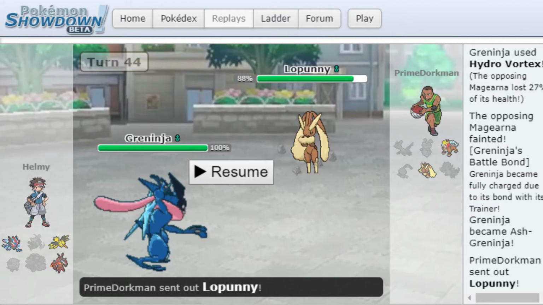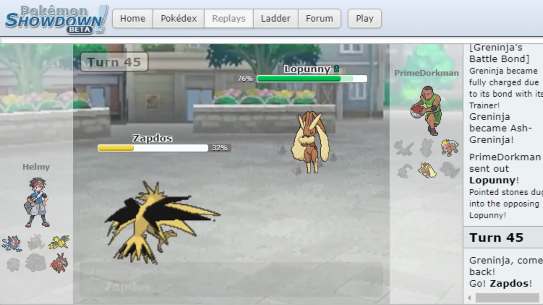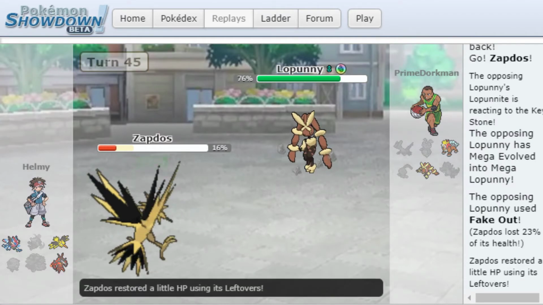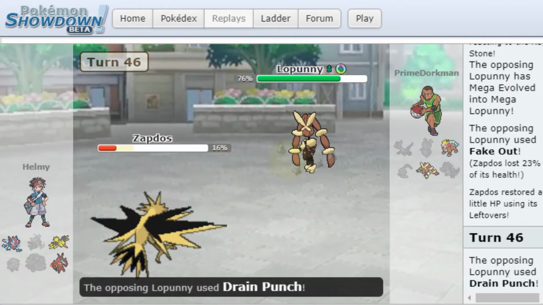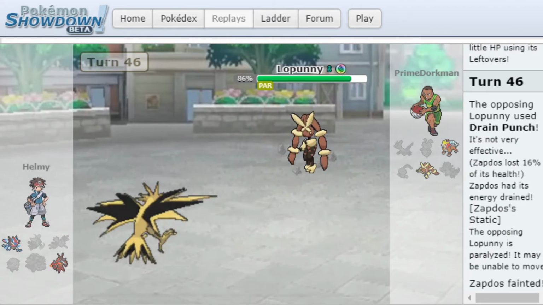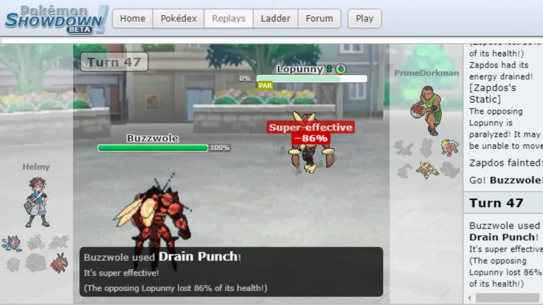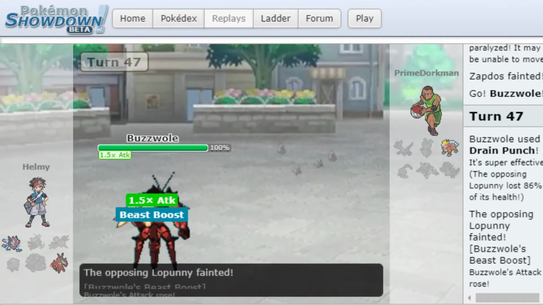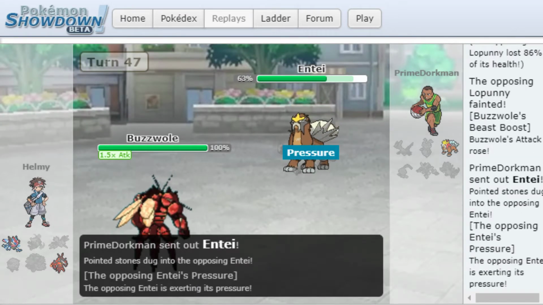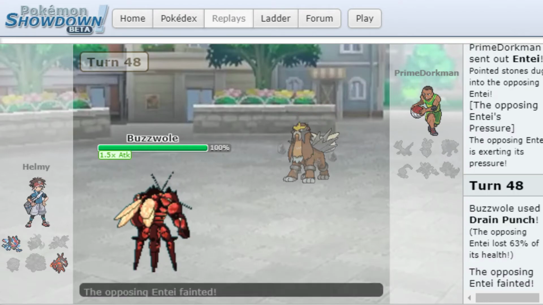And here I can just switch out into Zapdos and take whatever damage that he wants. If it's a fake out, into like an Ice Punch or Drain Punch, whatever it is. He does get paralyzed here, but that does not really matter as Buzzwole is Choice Scarf and does outspeed. You can go for the Drain Punch here, Speed Boost, and it can then take out this Entei. It is faster than this Entei because this Entei is Choice Banded. So yeah,